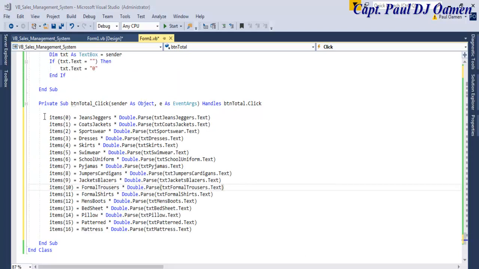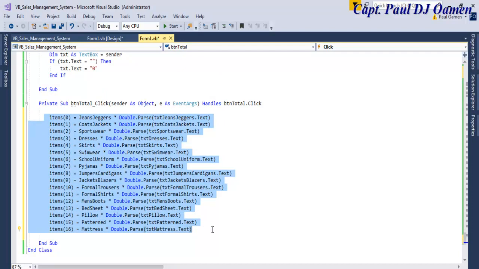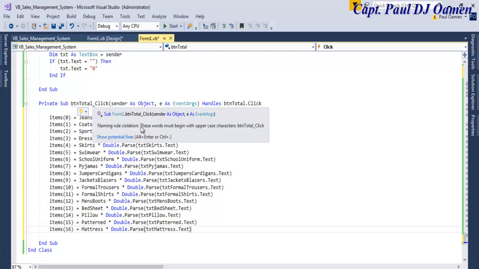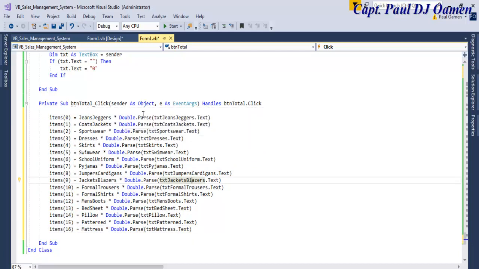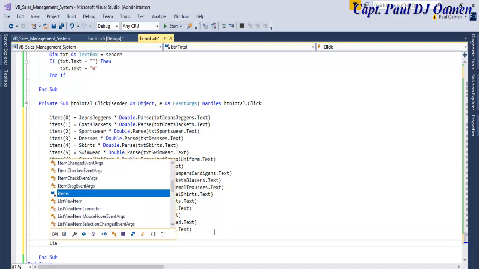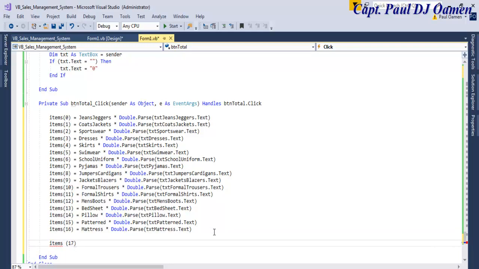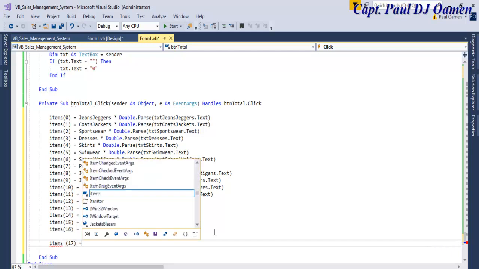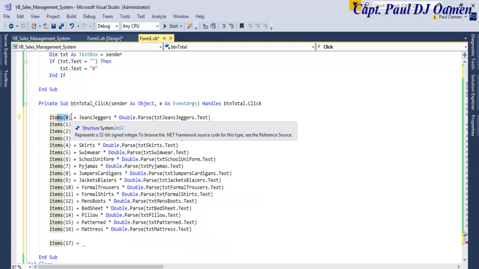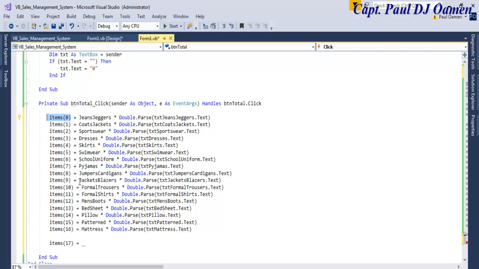Okay guys, those are the lines of code that I'm going to be using in this very total. Each of the items and the price is now assigned to each of the arrays. So let's come into item 17. So within item 17 we're going to add up the following, each of those items. So this, everything in here, plus the next one, plus